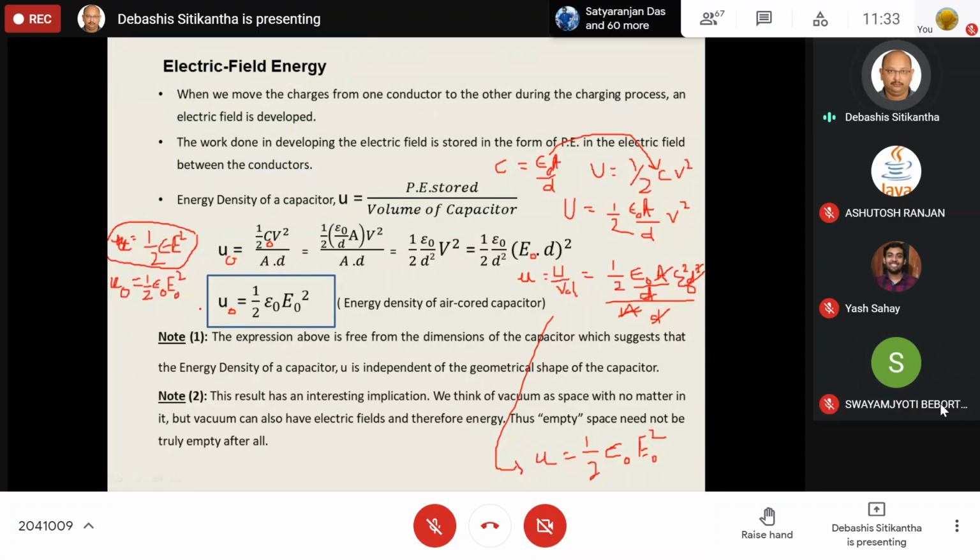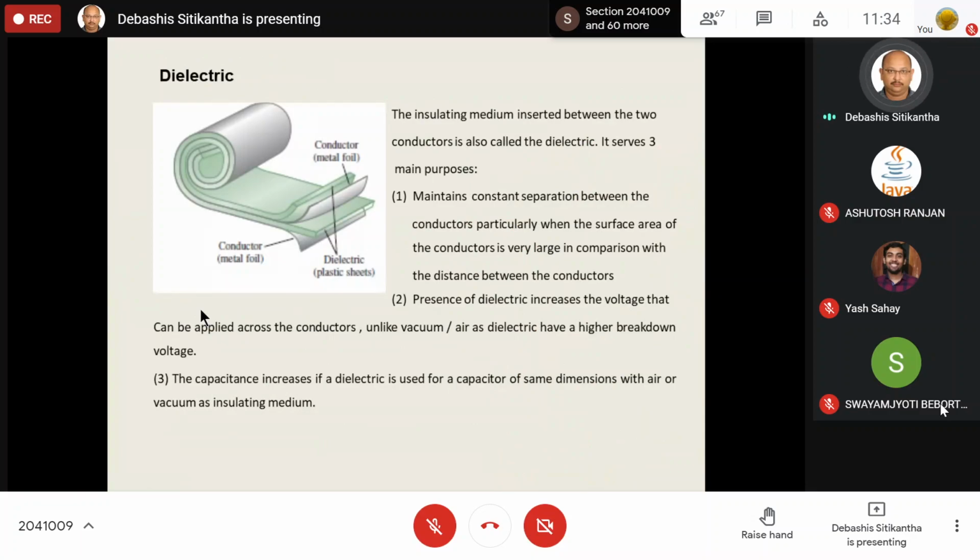So whenever you are having any sort of doubt, please ask me right over there. Now, we are almost arriving at the last part. Now we'll study about this dielectric. So what is this dielectric? Dielectric is nothing but the insulator that we are going to insert in between the two conductors. Now, if it is air and vacuum, well and good, they are also insulators. But they do have some limitations, which are going to be completely eradicated by using some insulating material.